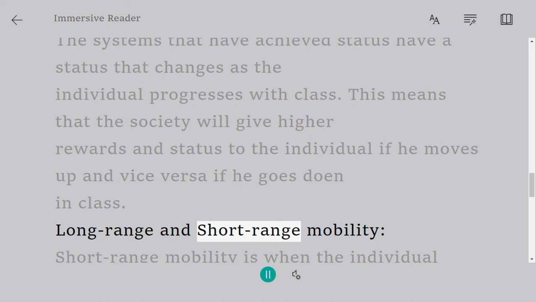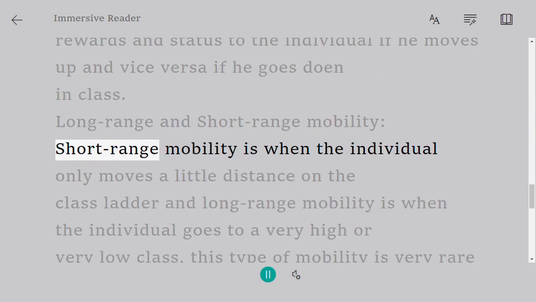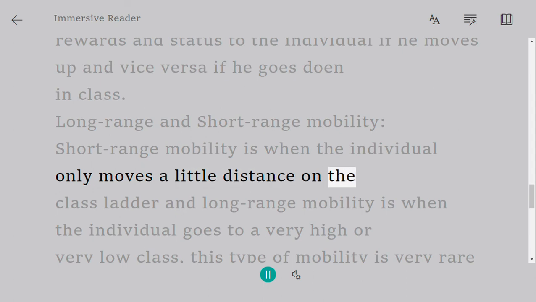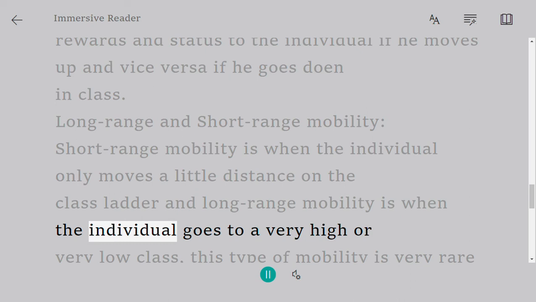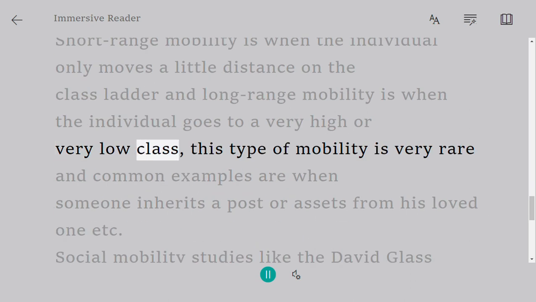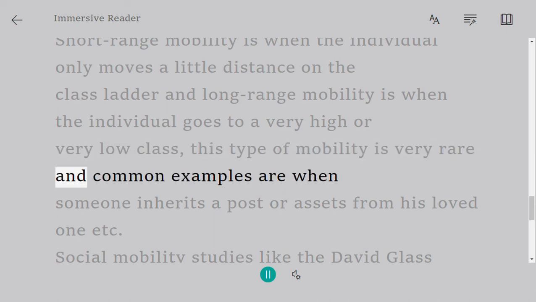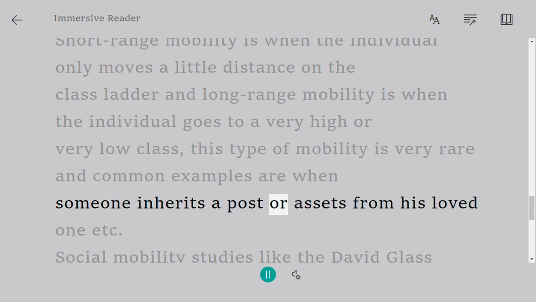Long-range and short-range mobility. Short-range mobility is when the individual only moves a little distance on the class ladder, and long-range mobility is when the individual goes to a very high or very low class. This type of mobility is very rare, and common examples are when someone inherits a post or assets from his